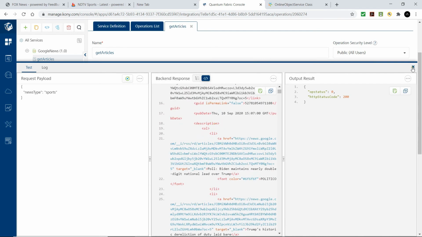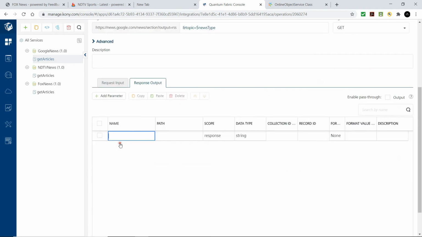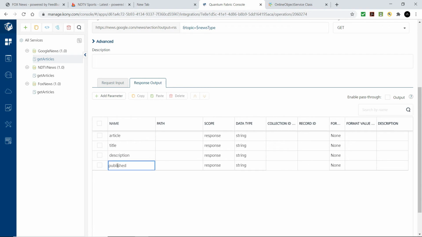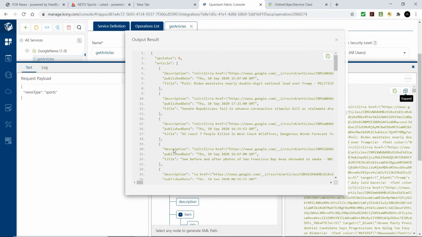We'll again define the article, the output result for this service to fetch the articles from this news feed. This is how the extracted list of articles from the Google News feed looks like.